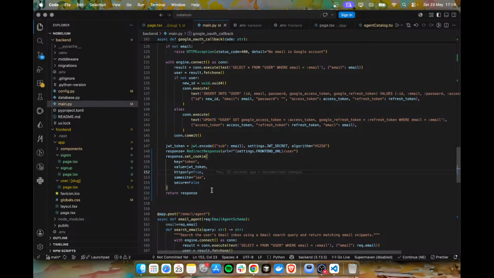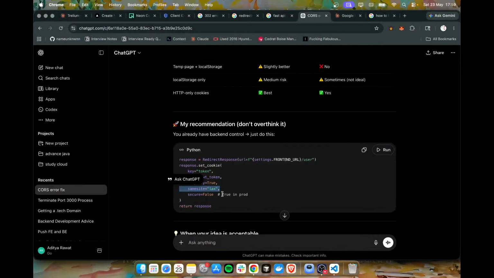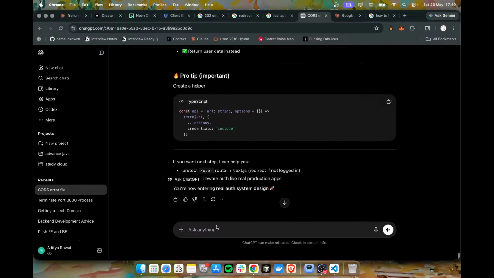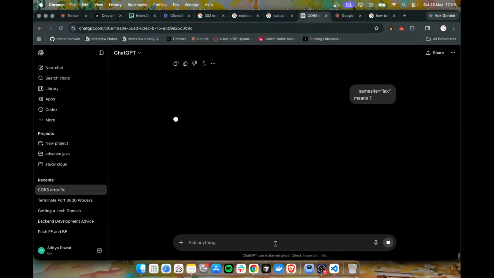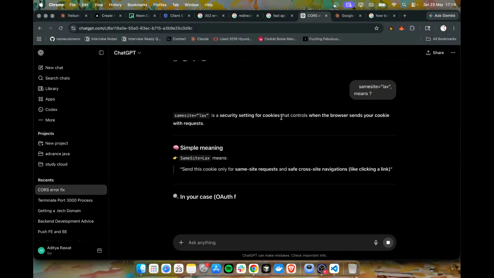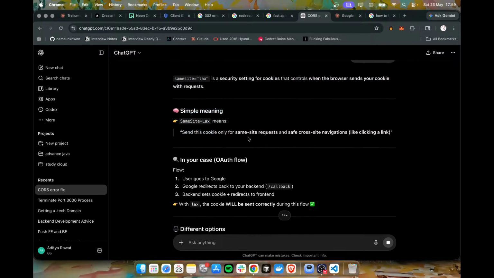So it will now be present in my cookie. Response.set cookie, key token, value JWT token, httpOnly true, sameSite. What does the sameSite flag mean? The same site represents